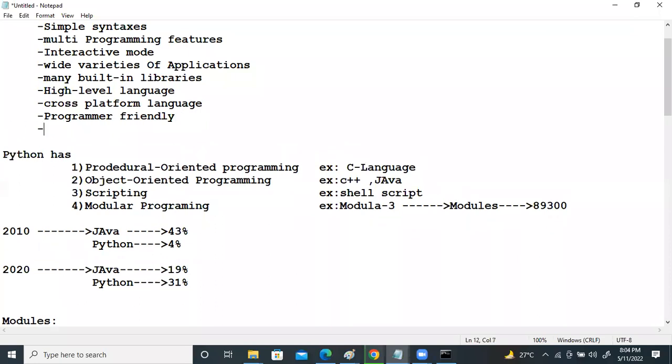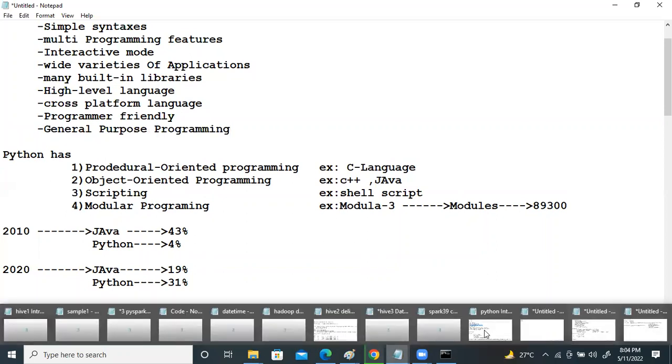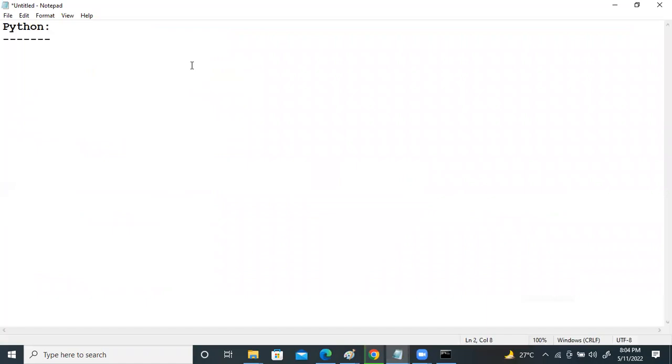I can just include one more: general purpose programming. So before Python, there were some languages, like Pascal, Fortran, COBOL.